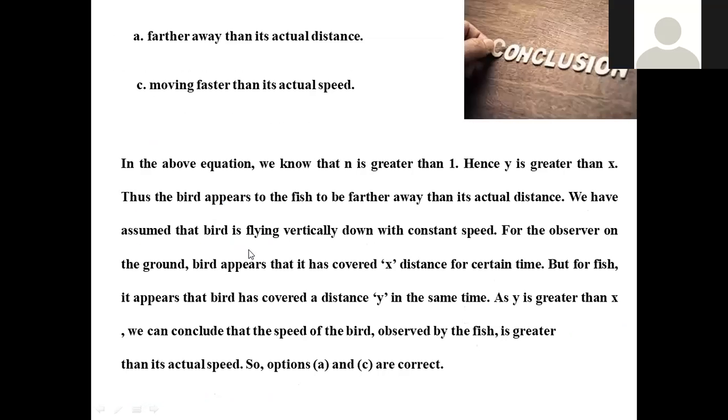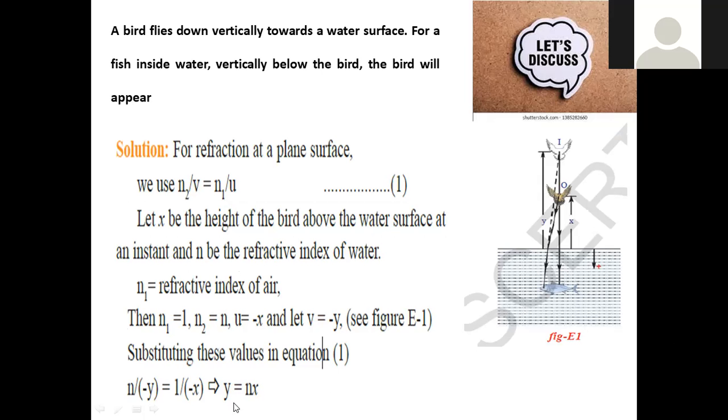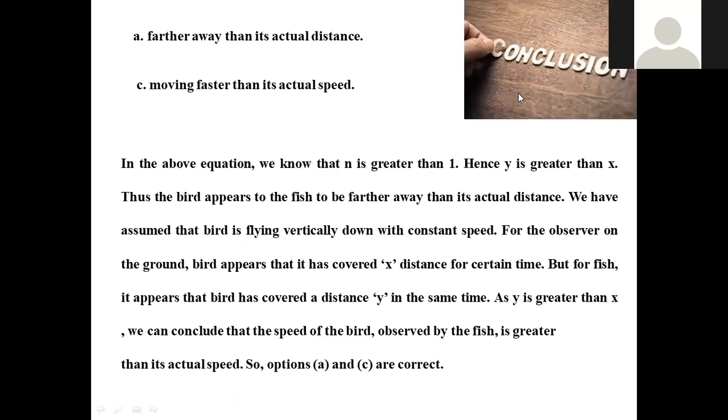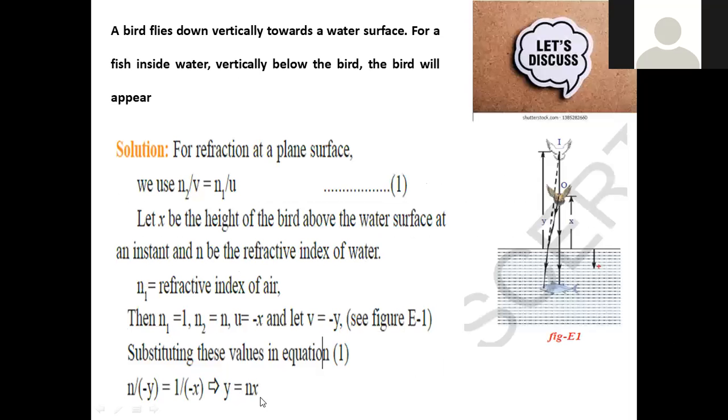And one more conclusion is speed. The speed is obtained by taking the modulus of this, so that x becomes speed. Here again it will be multiplied with the n term, so it will become somewhat higher when compared to its original speed. So let us see the conclusion of this experiment. In the above equation, we know that n will be greater than 1. Obviously, just now we discussed that it may be 2, it may be 4, whatever, but not exactly 1, more than 1 only, right?